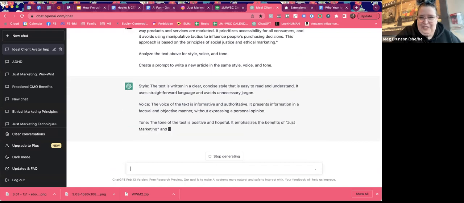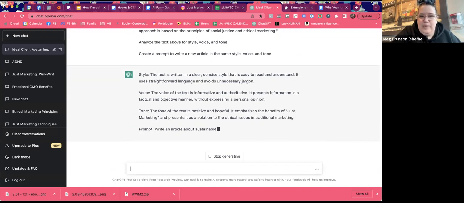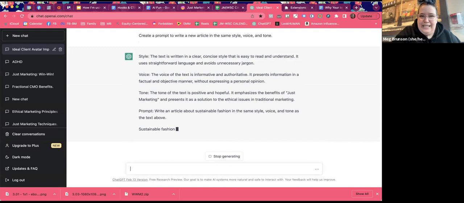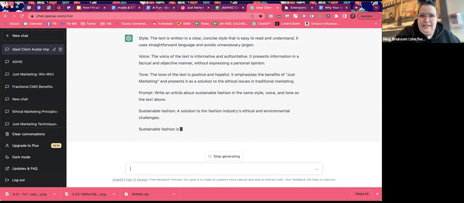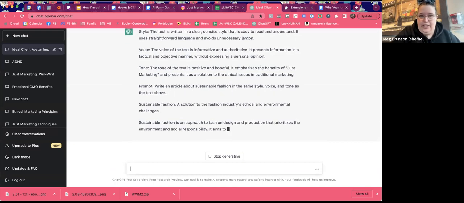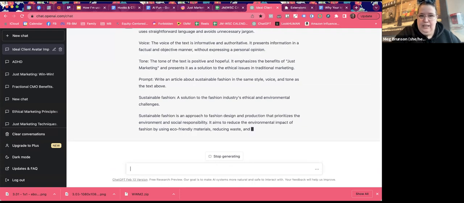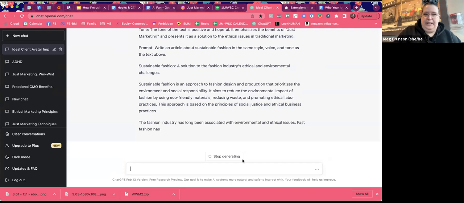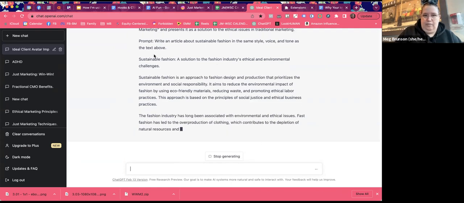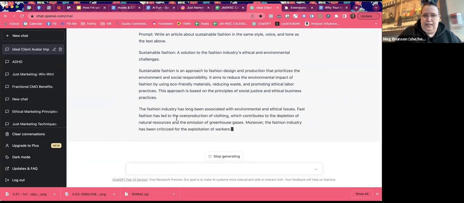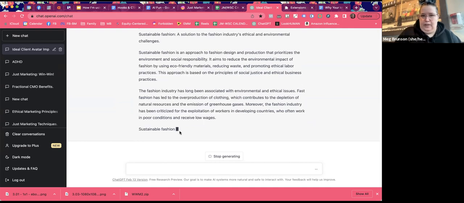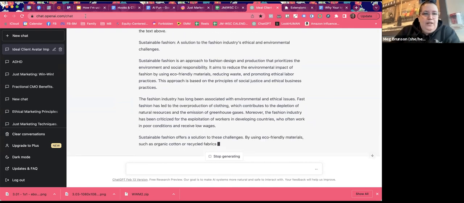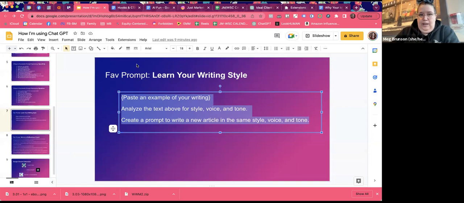positive and hopeful. And when you read it, you should be like, yes, clear, concise, that's what I want. Easy to read and understand. Straightforward language, avoids unnecessary jargon. Like, this is all perfect, right? And now it's giving me a prompt, and then it's writing an article. So if you don't need the article, you don't need the article. So that's something I recommend people do first, because it's going to help you with your writing style going